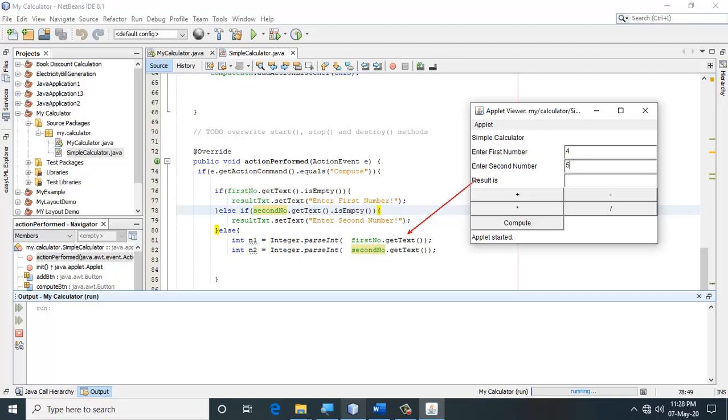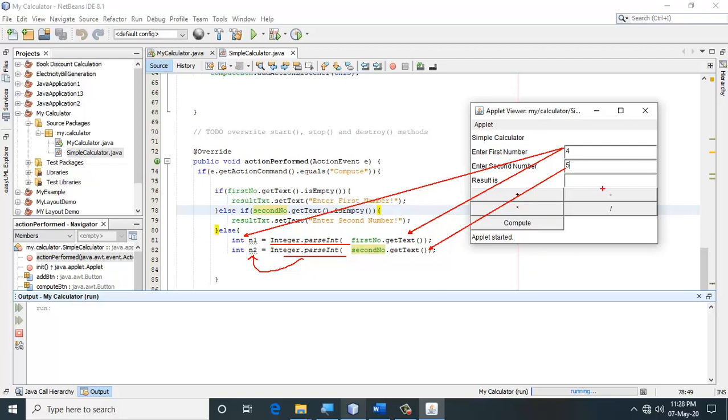So if I read it, I will read it as text. But in order for me to do the calculation, as the question says, I have to consider them as integer. So how do I do it? I will just parse them as integer in both the cases. I read the text, parse them as integer, and then I store it in the integer variable.